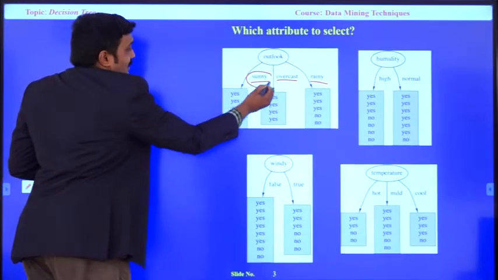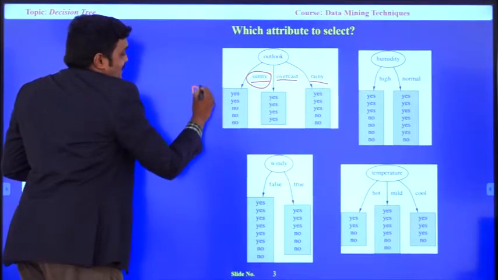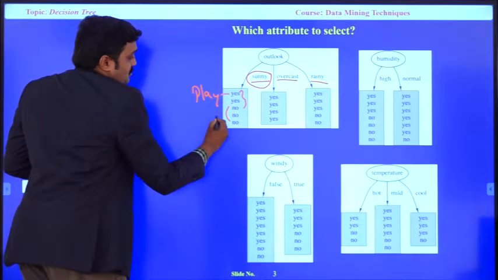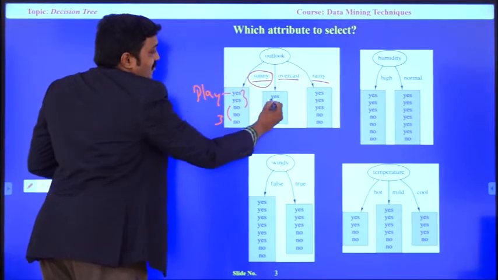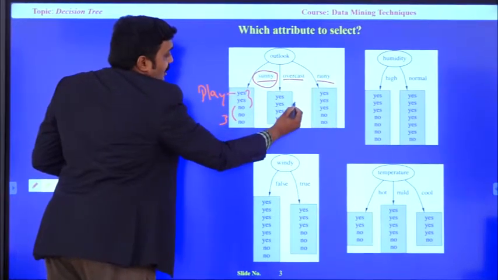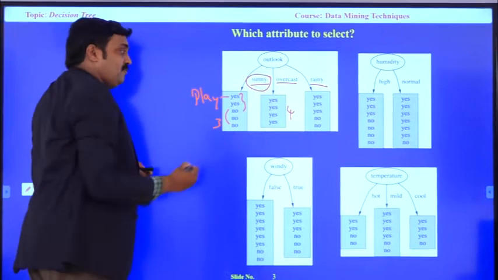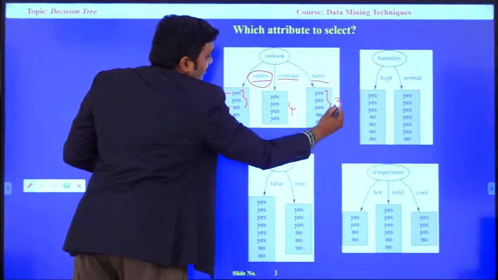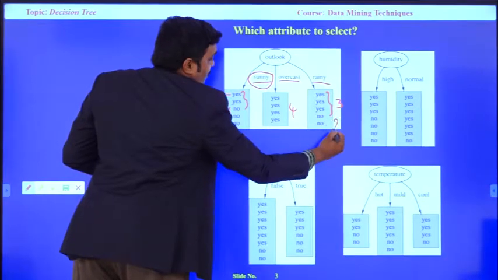In sunny, the playing chances are 2 yes and 3 no's. Whenever it is overcast, all 4 records say the player wants to play. When rainy, he is able to play 3 times and not play 2 times.